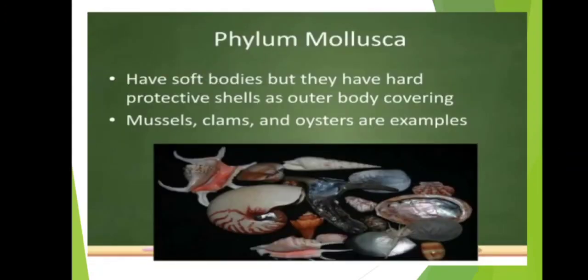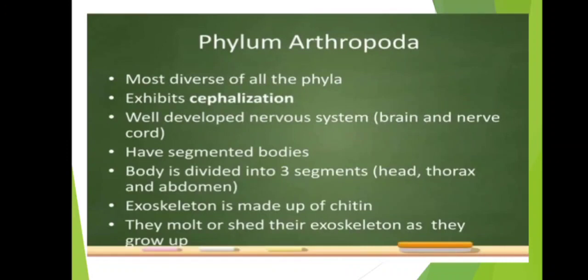Now moving to Mollusca, a phylum of the kingdom Animalia. They have soft bodies, but to protect themselves they have a hard protective shell as outer body covering. Mussels, clams and oysters are the examples. Phylum Arthropoda, the most diverse of all the phyla,